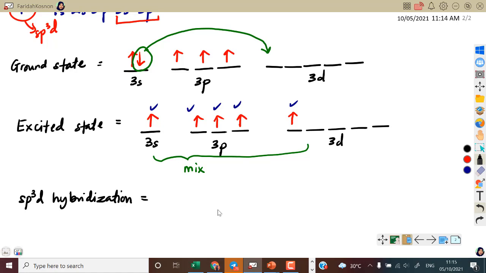And a new set of hybrid orbitals will be formed. Okay, a new set itu ada berapa orbital? Ada 5, because kita mixkan 5 orbitals. So 1, 2, 3, 4, 5. So each ini adalah